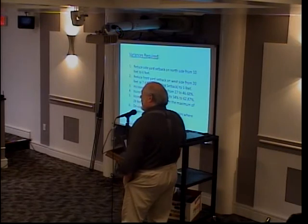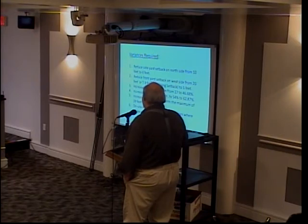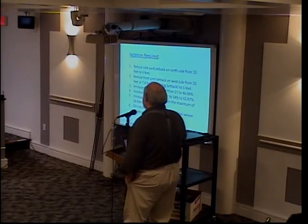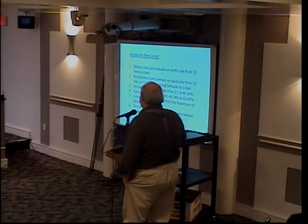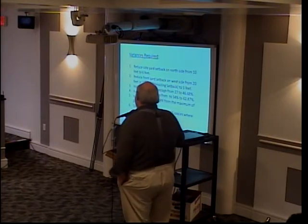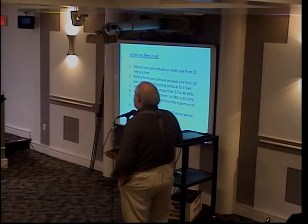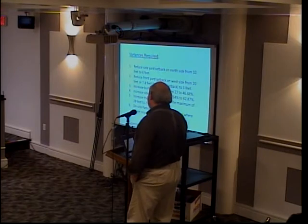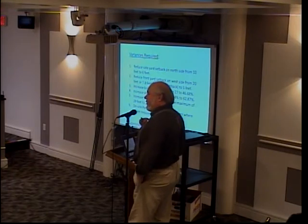Again, these numbers fit in what is current in the neighborhood. We also need a variance to increase the eave height from the maximum of 23 in the code to 28 feet, although we may be able to find some ways of designing that to eliminate the need for that. And I know it's listed as one of the variances, but on-site parking, we're providing 8 spaces where 11 are required, and this is the location where I think we're allowed to have the alternative parking standards,